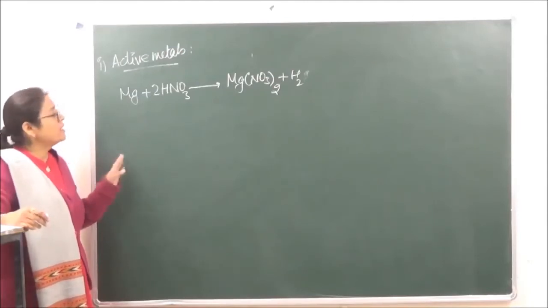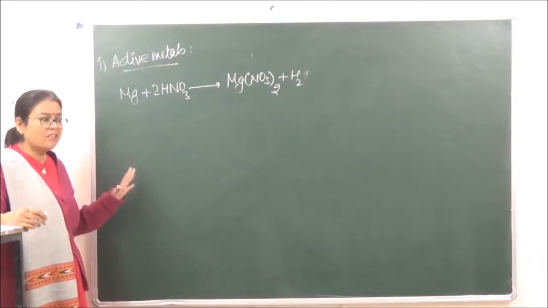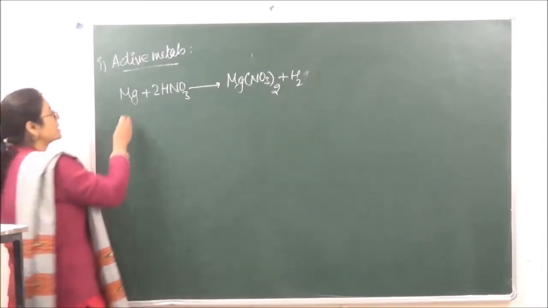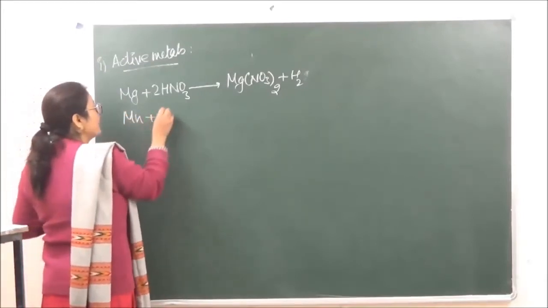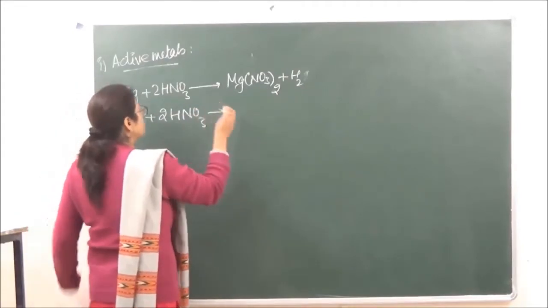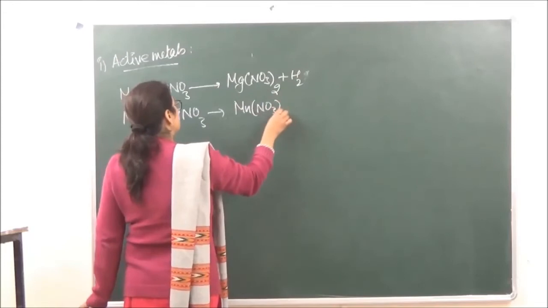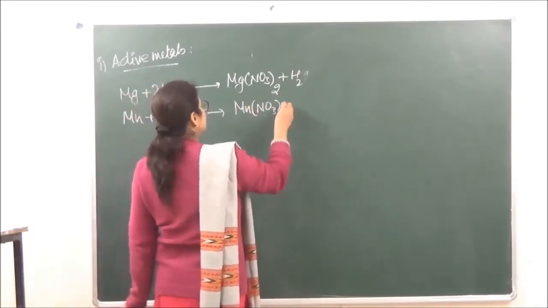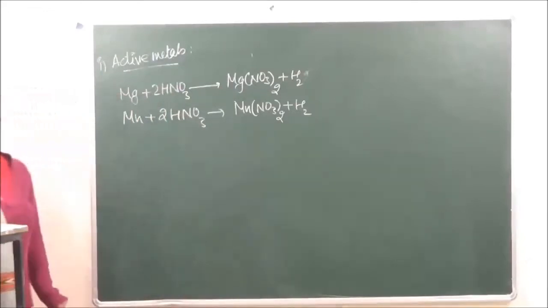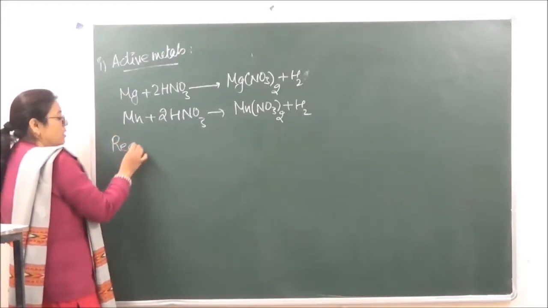ठीक है? So magnesium जो है वो एक important active metal that is going to give hydrogen. Similarly, if we are talking of manganese, manganese is also an active metal, and in a similar manner, this is also going to give us manganese nitrate plus H2. Manganese nitrate plus H2. ठीक है? Now let's go on to the reactions